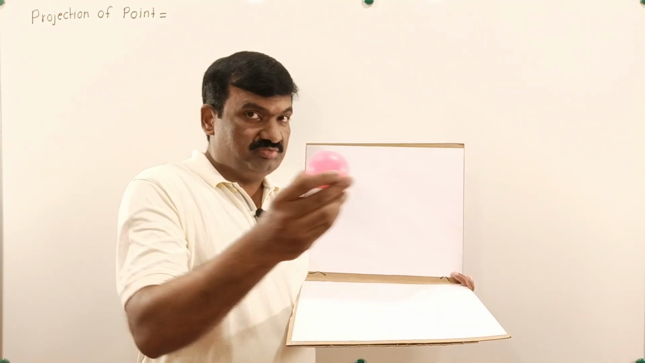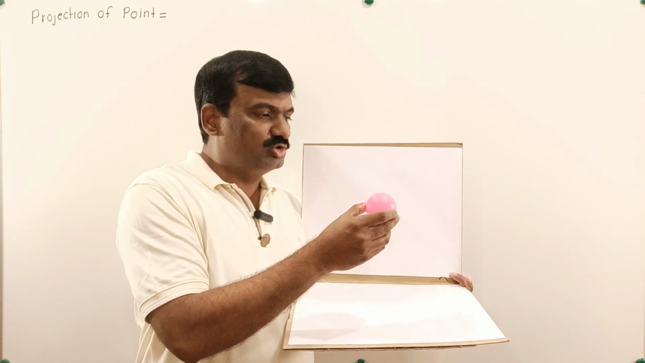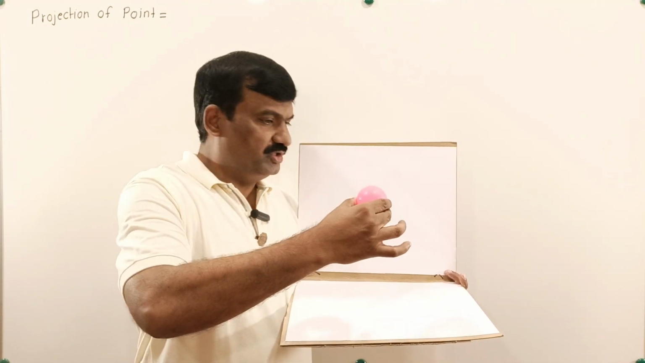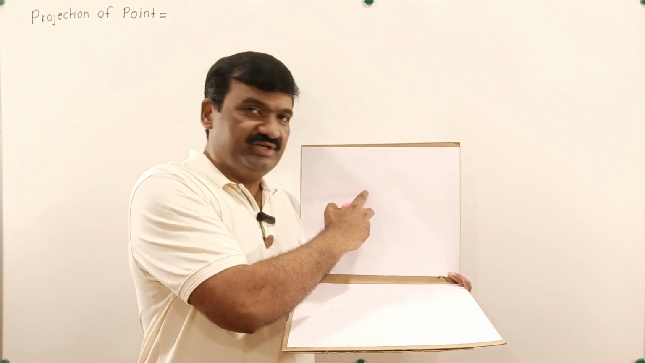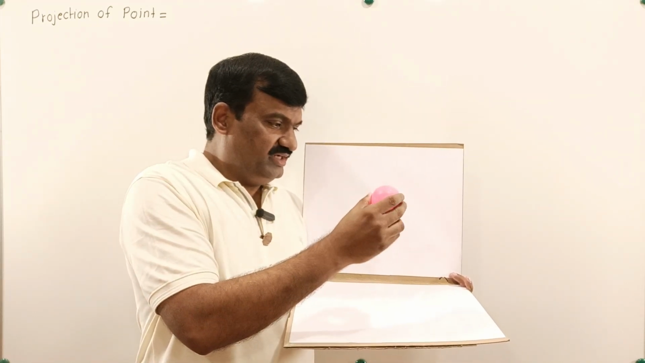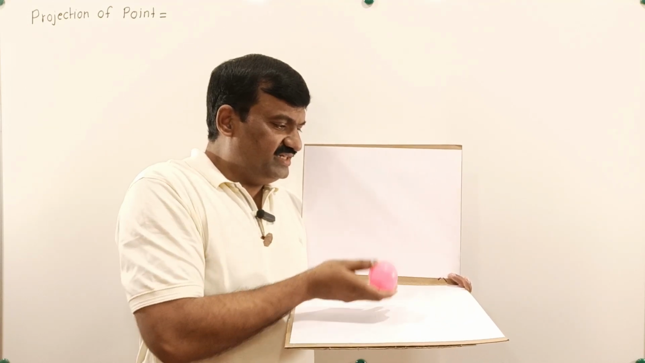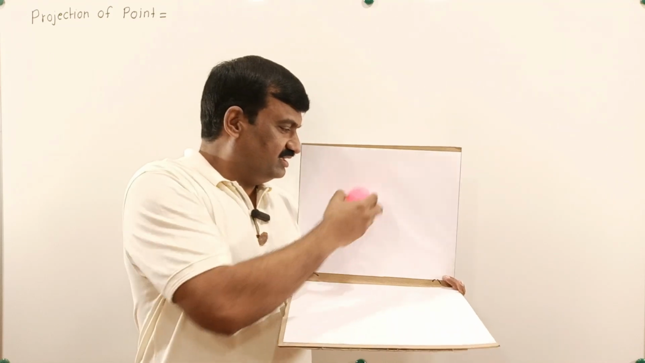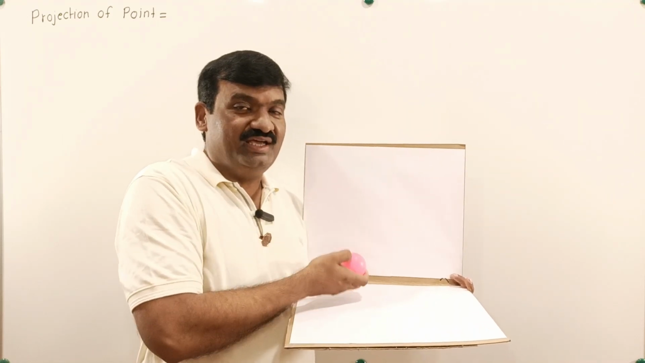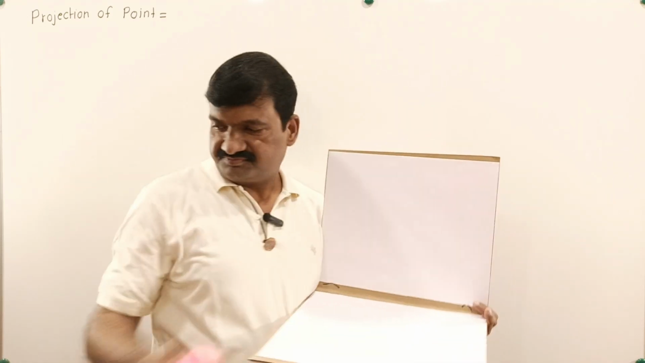बराबर. तो जब आप फ्रंट व्यू ड्रॉ करेंगे, इट इज ऑर्थोग्राफिक प्रोजेक्शन, तो फ्रंट व्यू इट इज अ पॉइंट, तो इसका फ्रंट व्यू भी पॉइंट आएगा. कहां पे आएगा? यहां पे, बराबर. सो इट इज गिवन दैट दिस पॉइंट इज 10 mm अबव HP, तो फ्रंट व्यू कहां पे आएगा? 10 mm अबव HP यानी अबव XY. ओके,